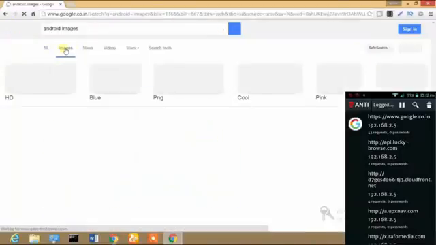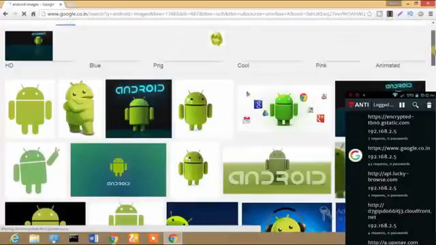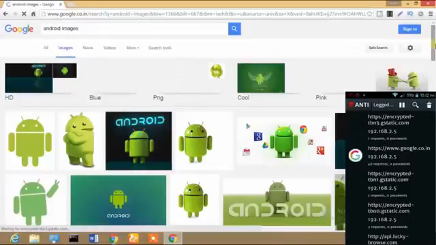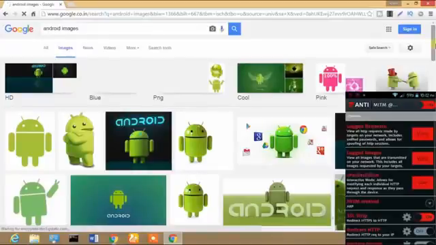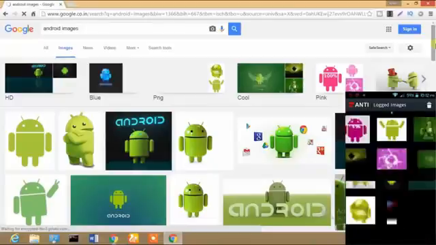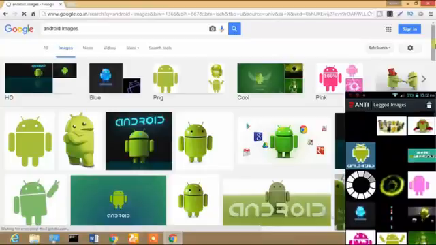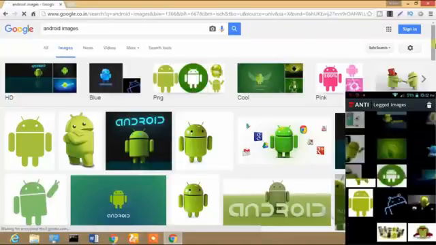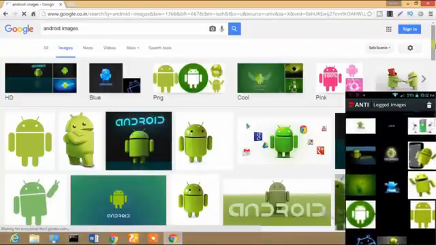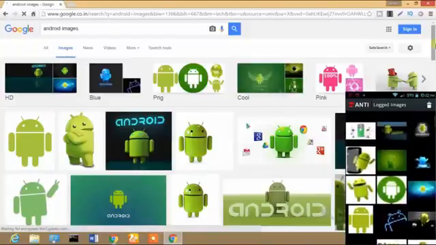After the images open, we will also see them on my Android device. In this way you can get everything, and we just need to go back and click on logged images. Now you see there are lots of images, the same images that I have searched on my PC, or am trying to download or see. So now you see that I can see everything that the user does.